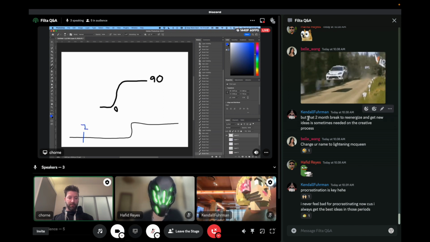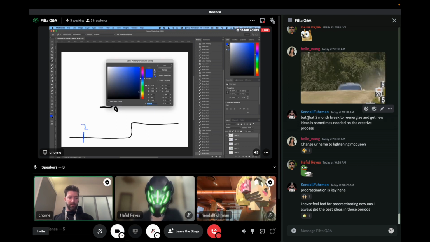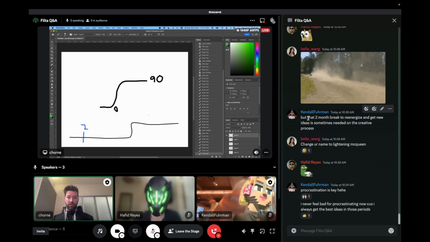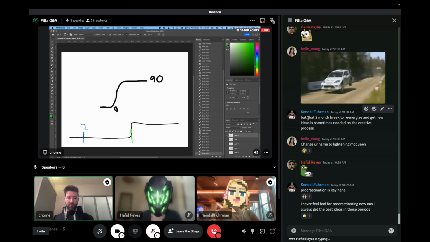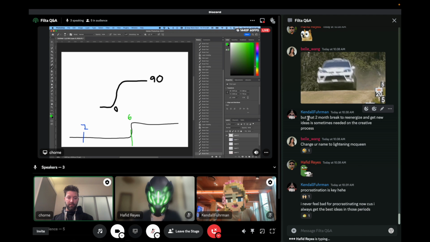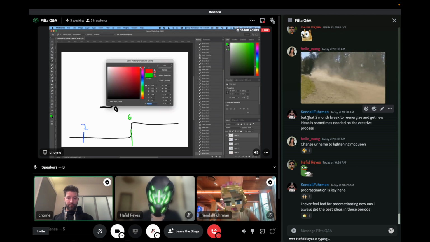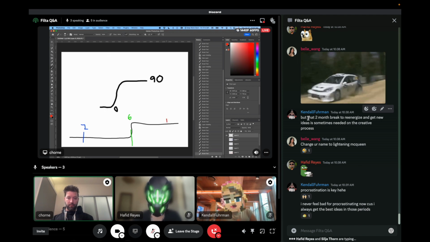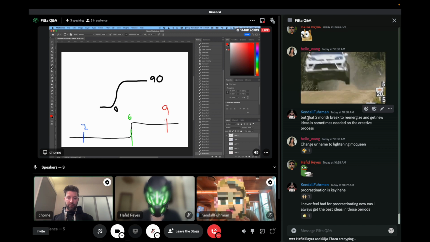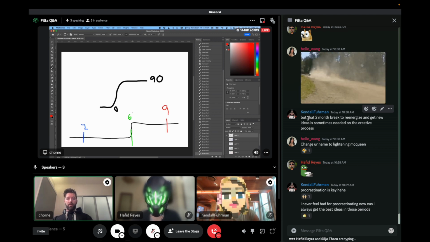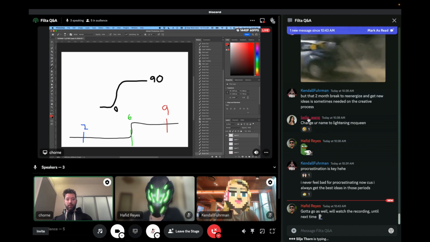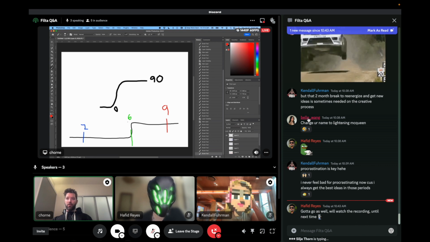Say this is particle 2, or cube 2, and then cube 6 is here, and cube 9 is over here. And so what I'm doing is I've generated this crazy long